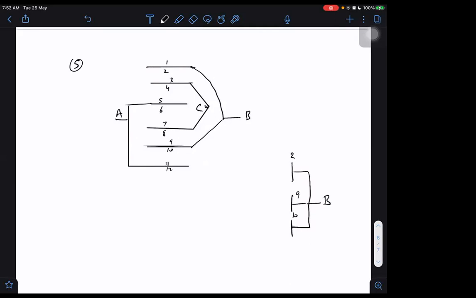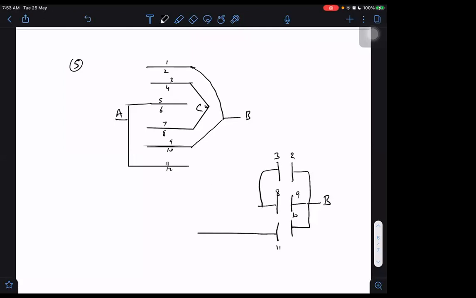What is connected to A? 6. 2 is forming capacitance with 5, 6 and 11. 2 is forming capacitance with 3, and 9 is forming capacitance with 8. 10 is forming capacitance with 11. 11 is directly connected to A, and 8 is not connected to A. 8 is connected to something else, and 3 is connected to 8. 8 and 3 are connected to each other.